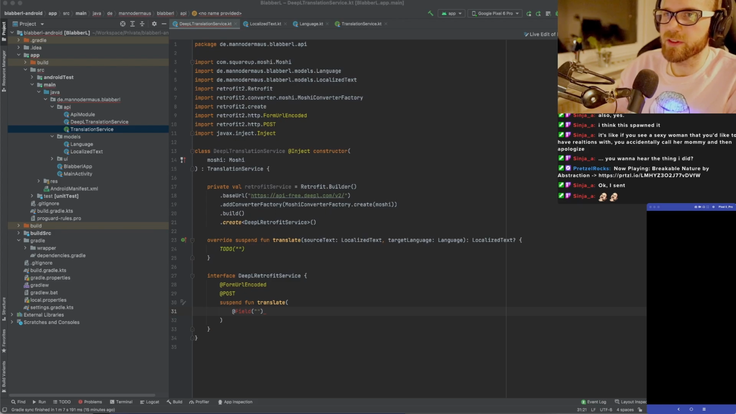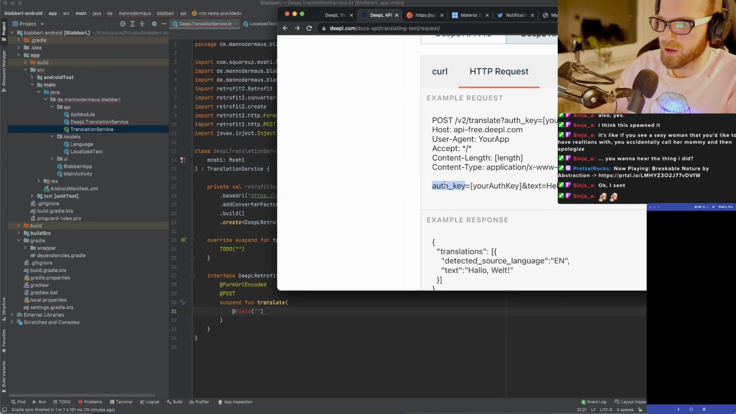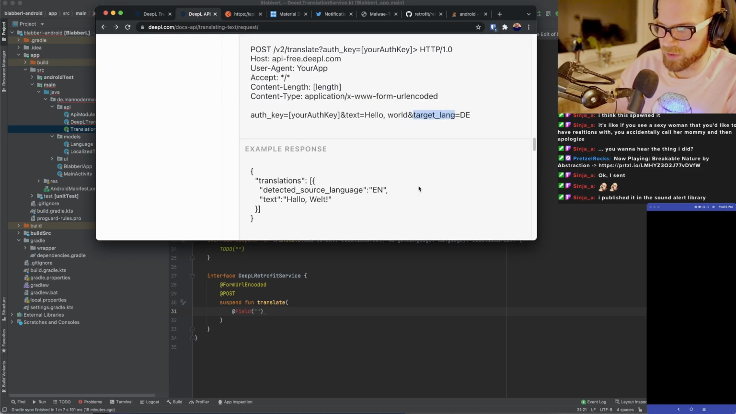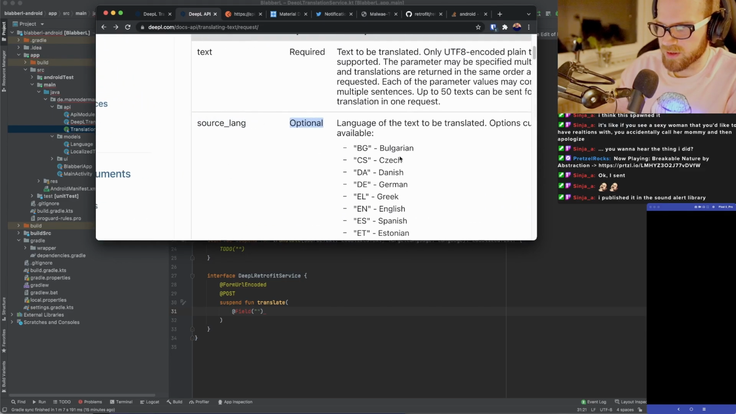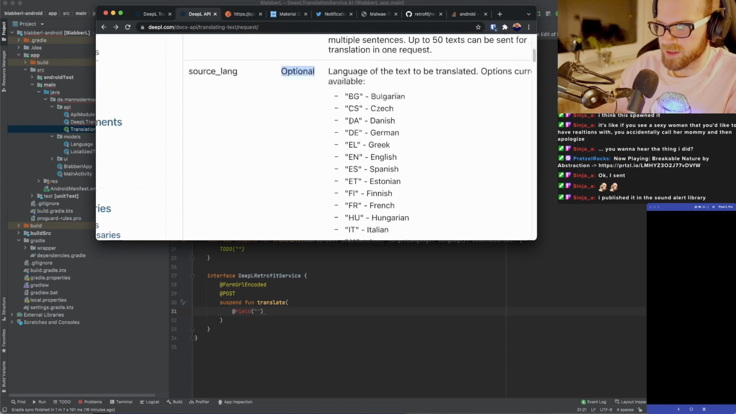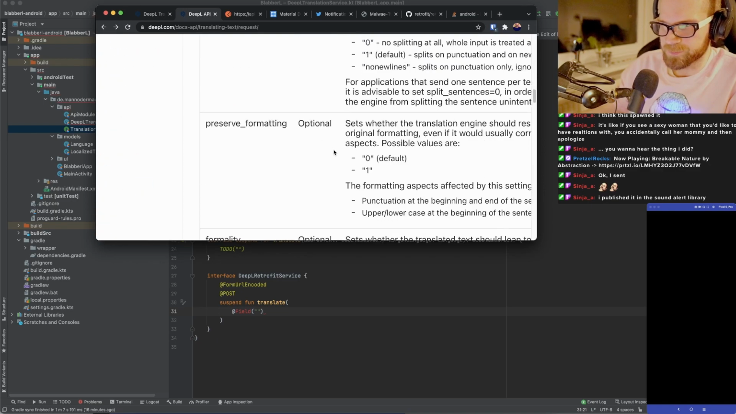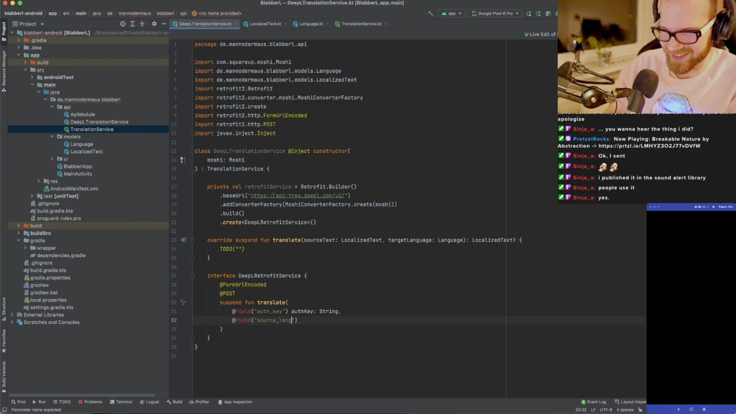Now we can basically just copy this exactly from here. So we have auth key, we have text, and we have target lang, and we also have source lang, which should be up here somewhere. Source lang, it's optional, and you give it either of these, and then it'll be all cool. So all 4 of these we will give. Source lang, source language,